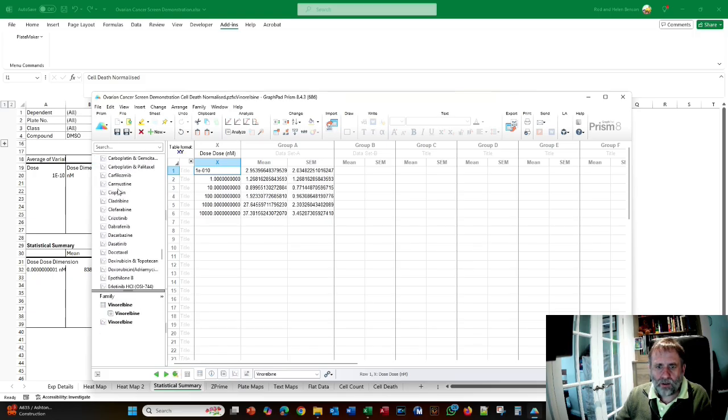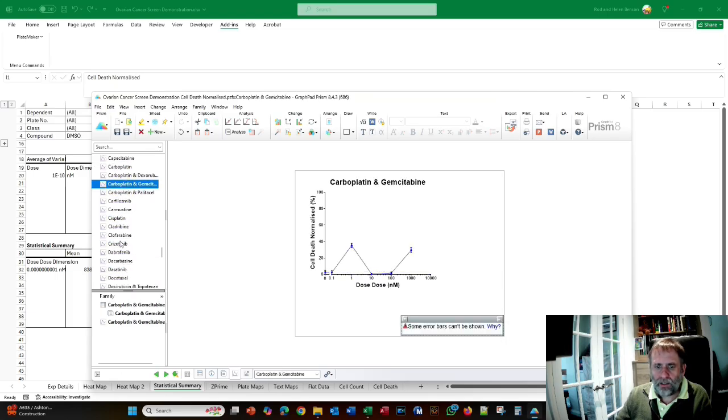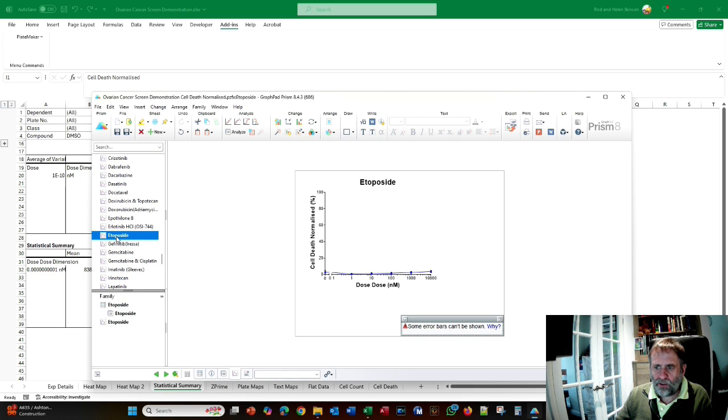And if we go down to graph, we can see we have the different individual graphs of each drug. This is cell death normalized. This is the dose response. Remember, the zero dose has been recoded to 1 × 10⁻¹⁰ to fit my template, and it's all worked beautifully. Okay, at this point we don't have the necessary layouts because I haven't used that particular template, but if I wanted to generate the layouts I could,